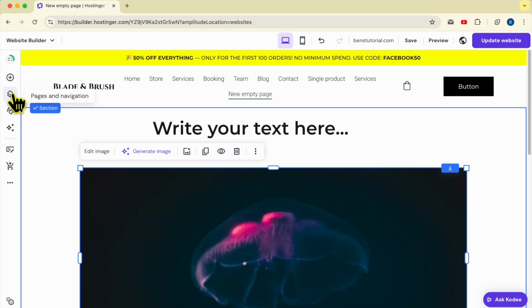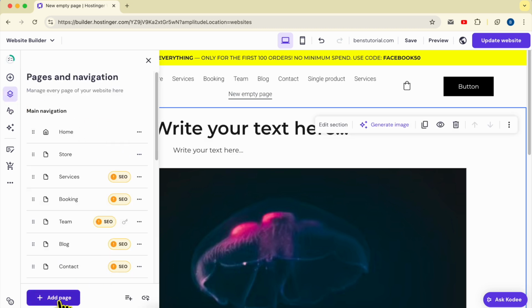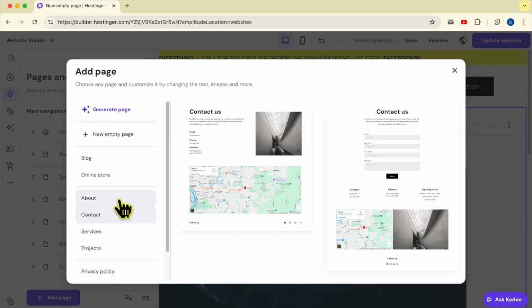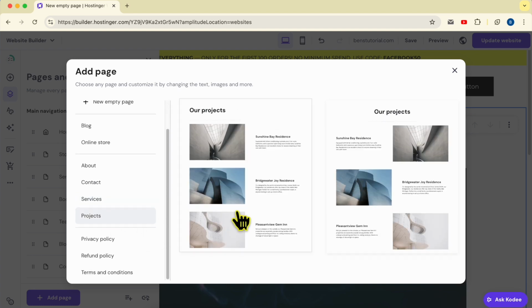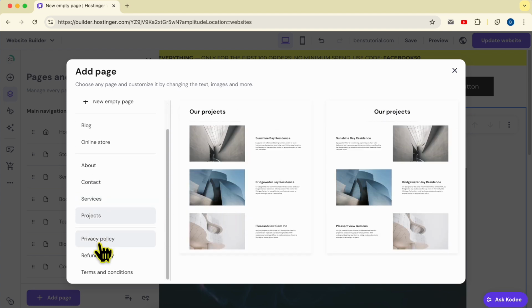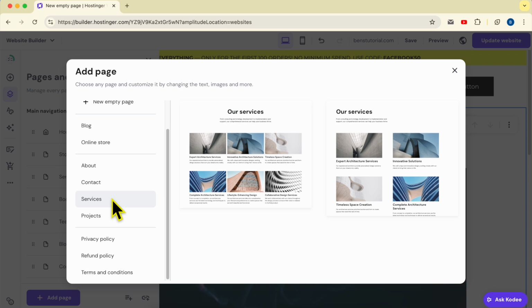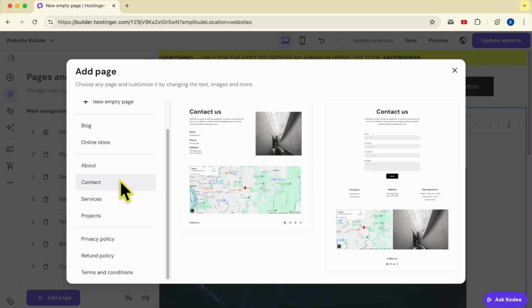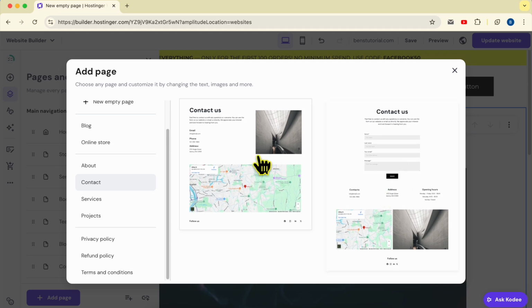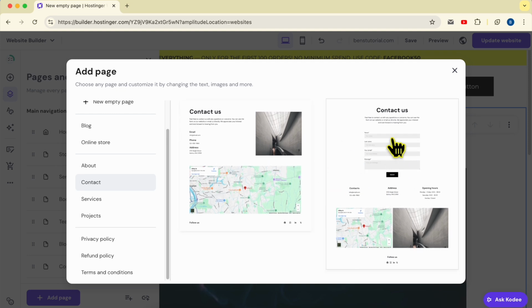Now let's see how to create a page from templates. Here you can select, for example, topic pages like an about page, a contacts page, a services page, projects, and even legal pages like privacy policy or terms and conditions. Let's say we want to create a services page or a projects or a contact page. Select it from here, then select which template you want. I will create this one,